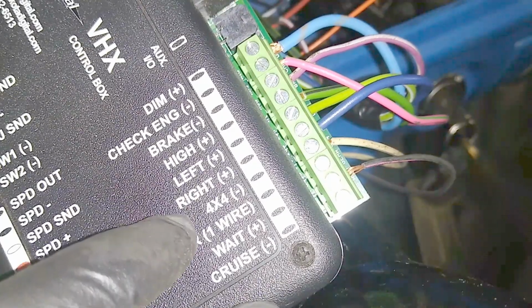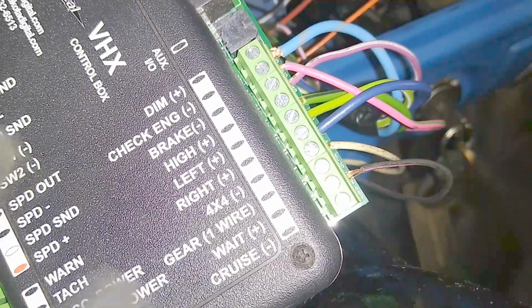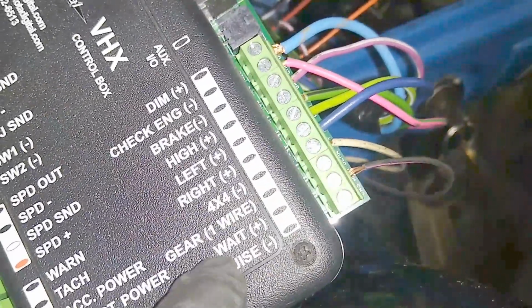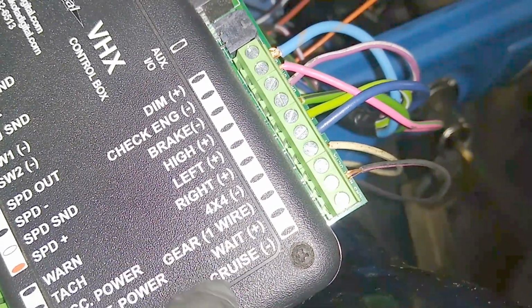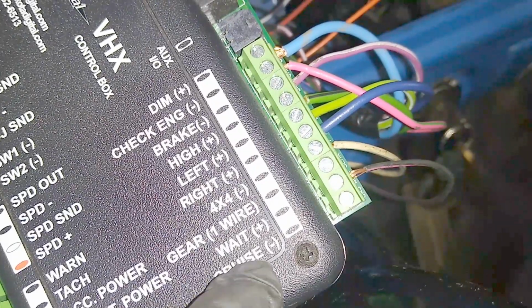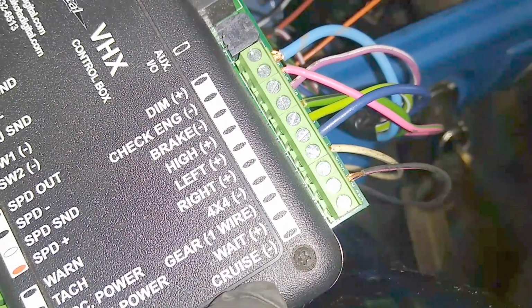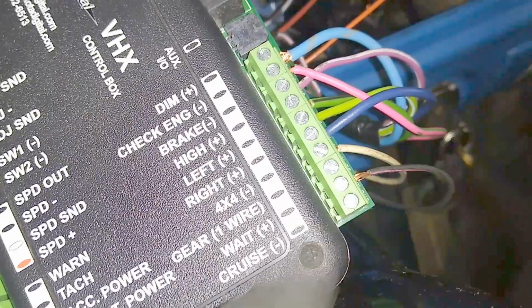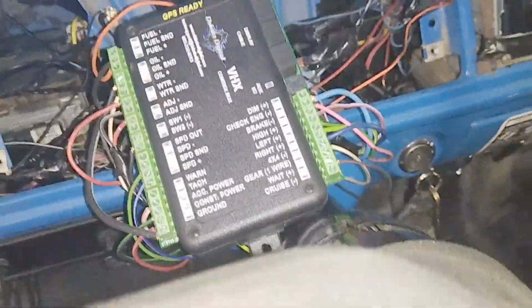High beam, left turn signal, right turn signal. 4x4 is a switch on the transfer case. There's a little message that'll pop up. It'll say 4x4 on. So I got a wire running to that. Gear wire, I believe, is for an automatic transmission, so I'm not using that. Wait to start light, and then cruise is a cruise signal from the ECM. I'm not using cruise control because I've got an automatic transmission computer, and I don't think it's going to work properly. So I'm keeping my cruise control off, so don't need that wire either. Now, you wire all these up, and then